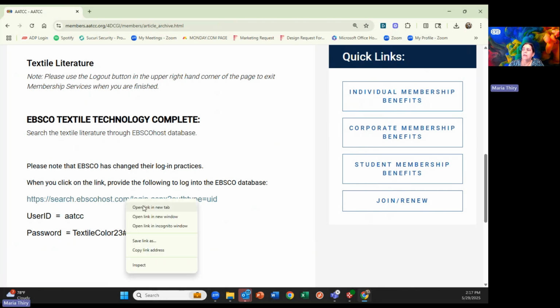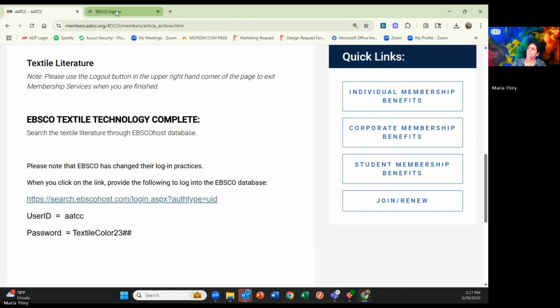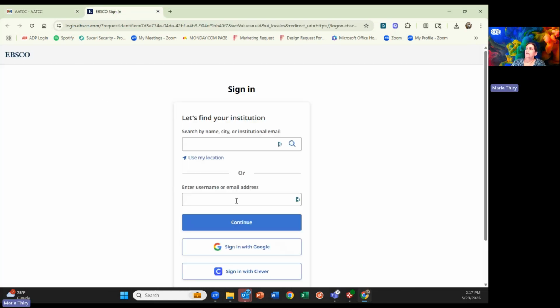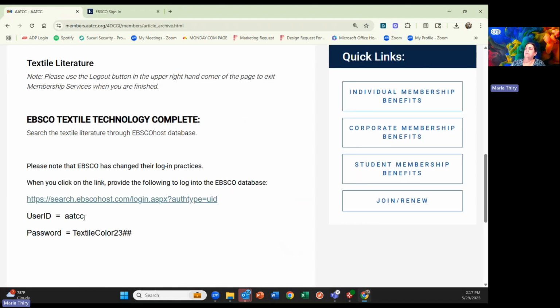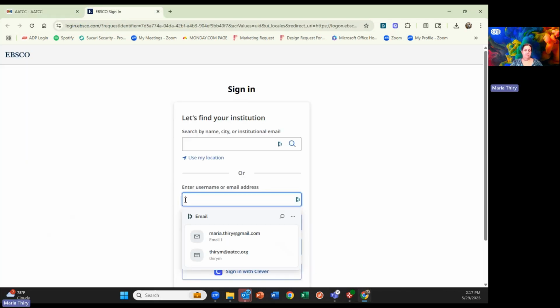I like to right click on this link, and you're going to have to sign in over here. Ignore this top part. It's down here that you need to sign in, and you'll see the user ID is provided for you here. I like to copy and paste,